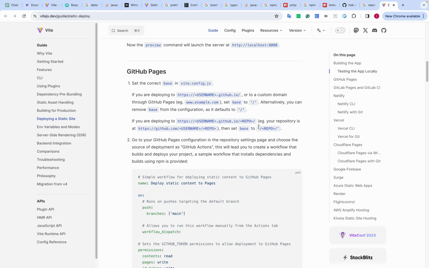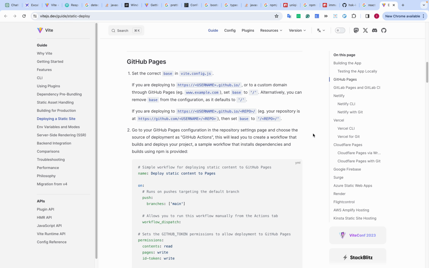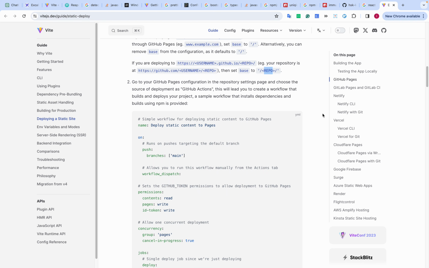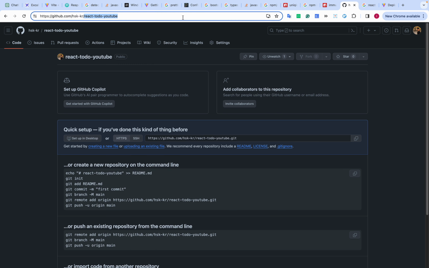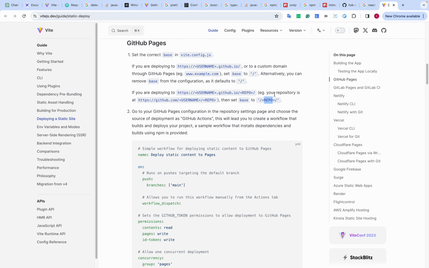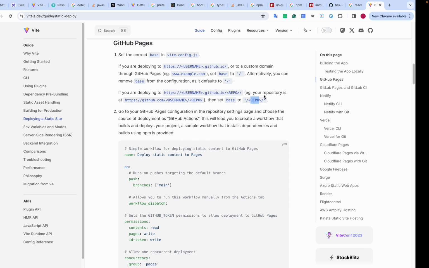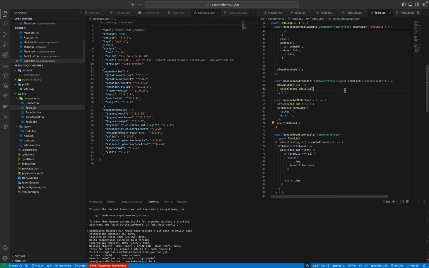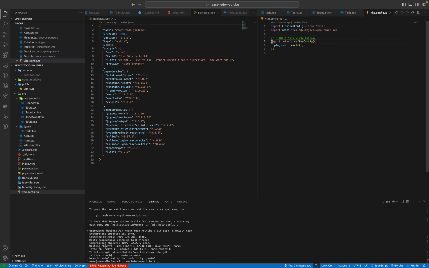No. Then deploying to a repository, okay. Ah, okay, base to repo. Repository is at base, Vite config base. Okay,